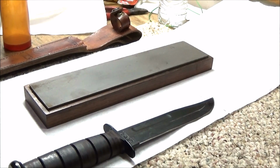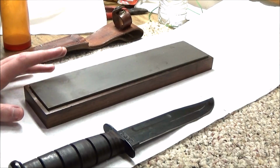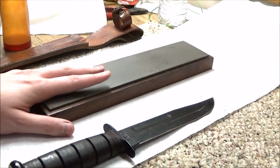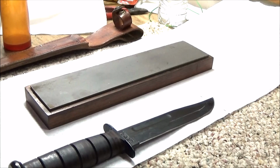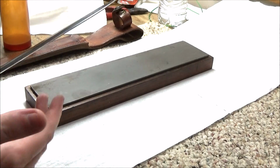Today I'm going to be doing a video on sharpening my K-bar knife again. I've already done this once. It was around this time last year that I did the first video. But the reason I'm redoing the video is, one, the other day when I was out with my buddies